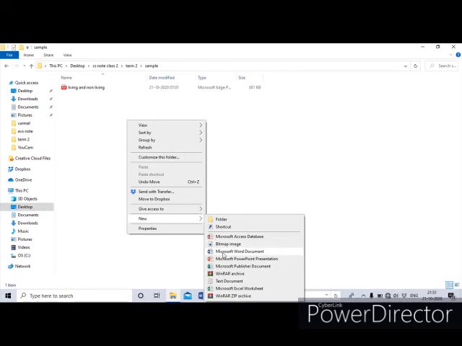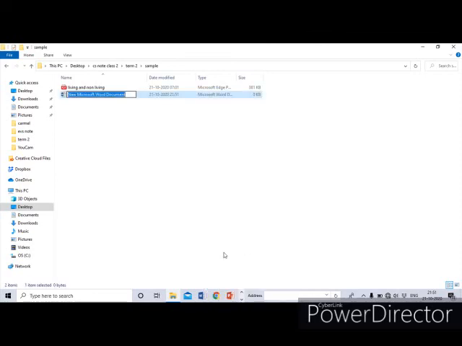From the menu you can choose the program. So I click on Microsoft Word document. A new Microsoft Word document is created here. By default the name of the Word document is new Microsoft Word document.